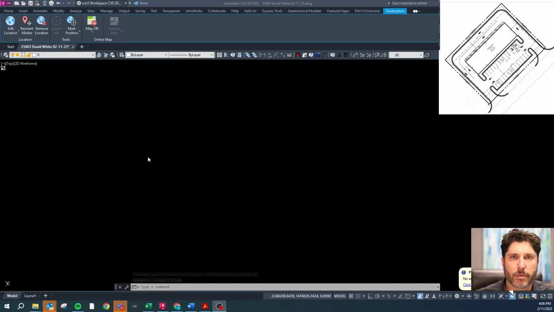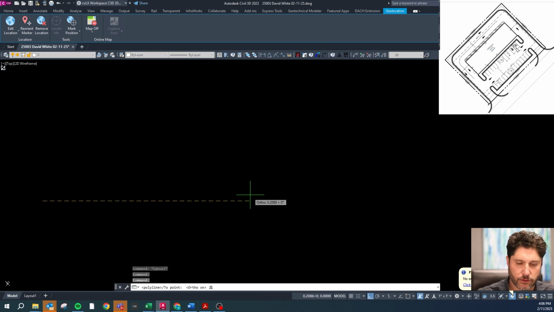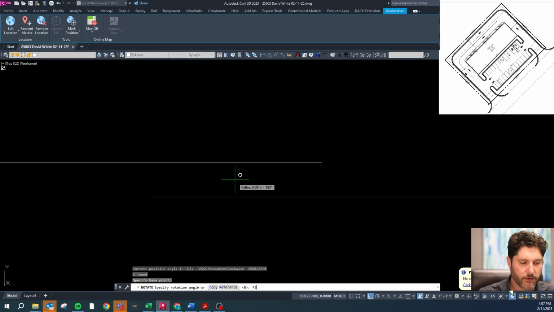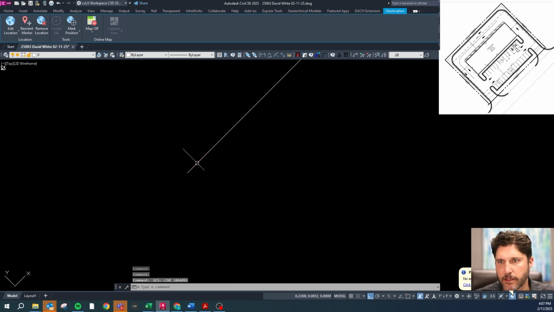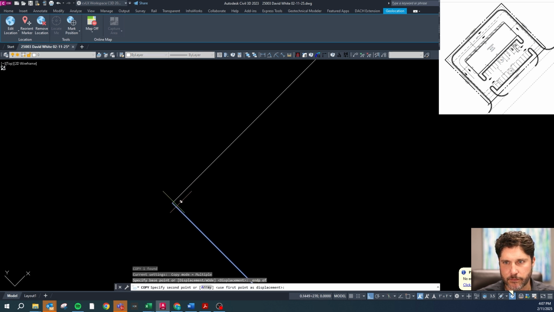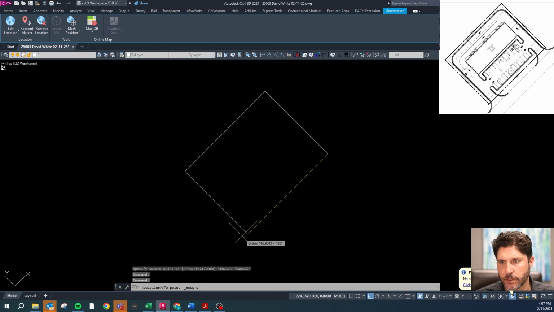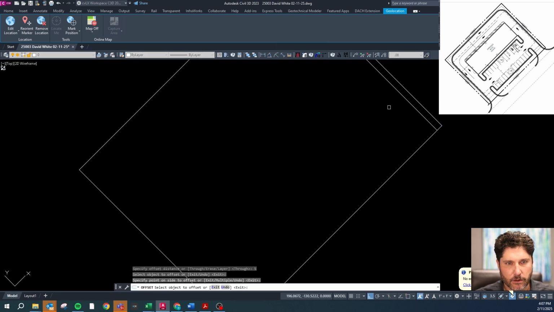So today we're going to draw this practice exercise that you see up here in the right hand corner. You can see that this is at a 45-degree angle. So I'm going to draw a line that is 214.50, rotate this 45 degrees, and then the sides look like they're 168, so I'm going to go in that direction, 168. I'm going to copy that from there to there and close this in, and I have a 5-foot setback on this side,